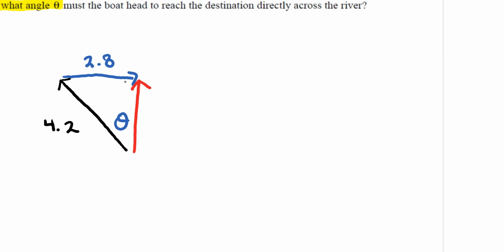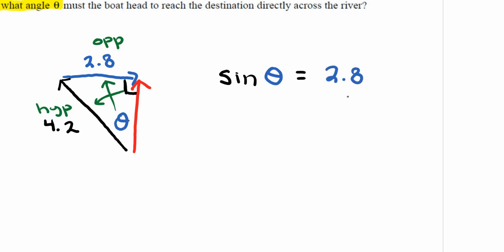Based on this right angle triangle that we created with the vectors, let's figure out what that angle has to be by using trig ratios. Since we're given the opposite right here, and this right here is the hypotenuse, the trig ratio that connects the opposite and the hypotenuse is the sine ratio. So sine of the angle theta is equal to the opposite over the hypotenuse. My opposite is 2.8 and my hypotenuse is 4.2, and we'll go to our calculator to figure out what that ratio is. So 2.8 divided by 4.2 is roughly